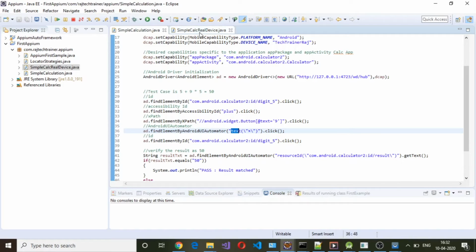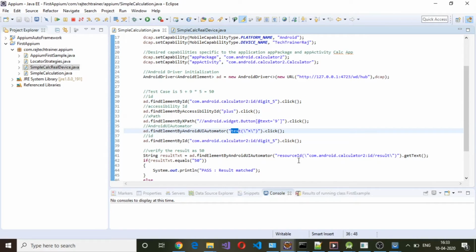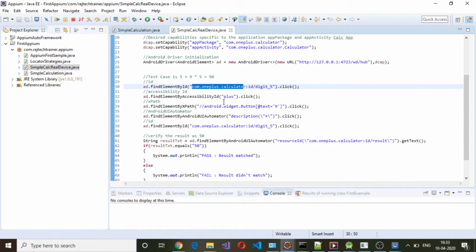And also the resource ID here is com.android.calculator2, and here it is com.oneplus.calculator. So there are a few things which I have changed here in terms of location identifiers.